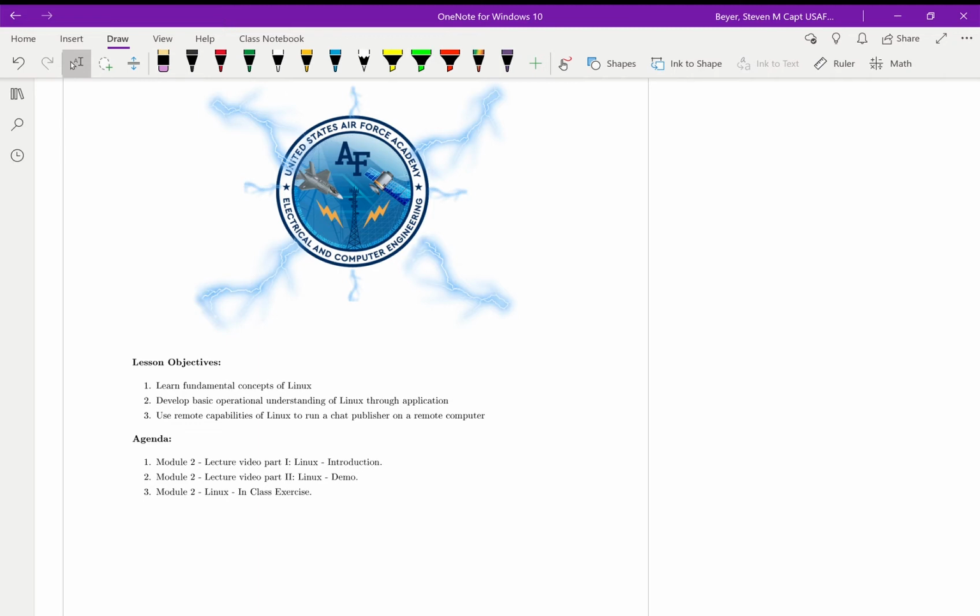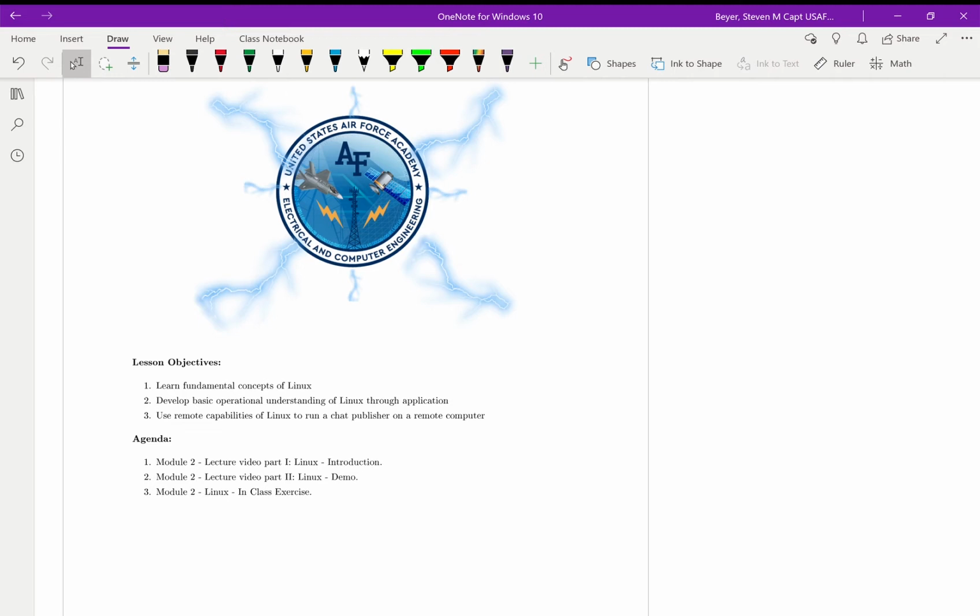And then lastly, we'll do another in-class exercise, which will show how we can use some of these command line capabilities to copy and remote into a remote system. So for example, we have our master, which will be the Raspberry Pi connected to your computer, and then we'll have the robot, which will be roaming around connected to your Wi-Fi. The Raspberry Pi will still be connected to the Wi-Fi, but you won't have a monitor and keyboard to access it. So we're going to use the master and secure copy and secure shell, so remote into that system